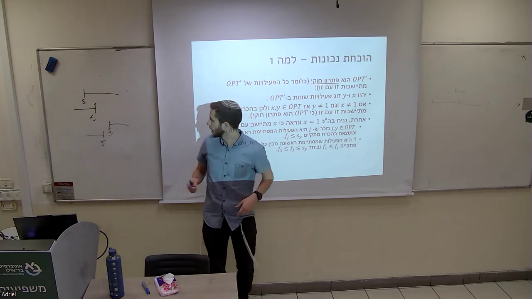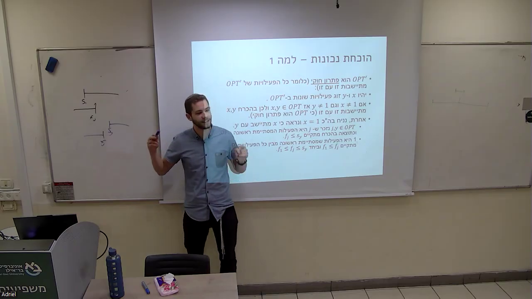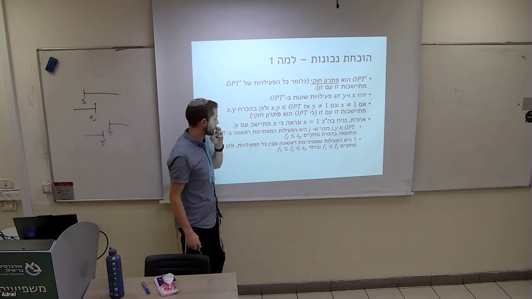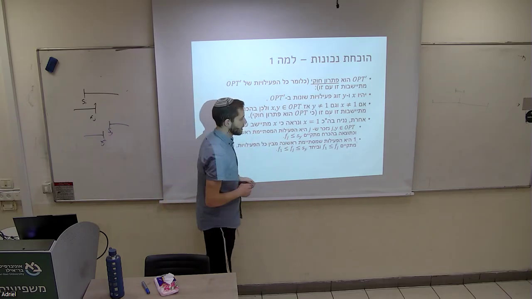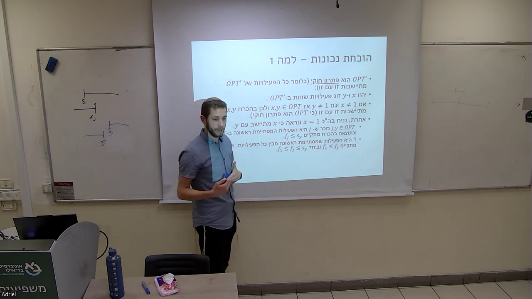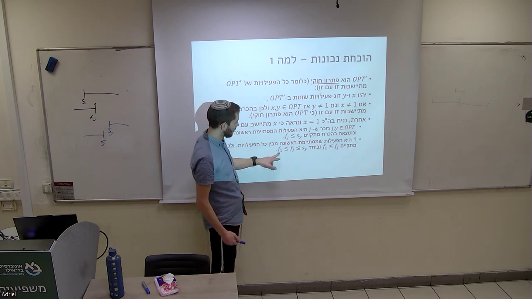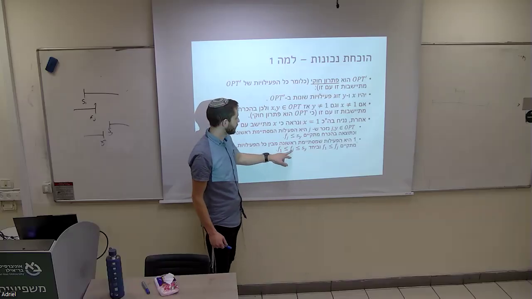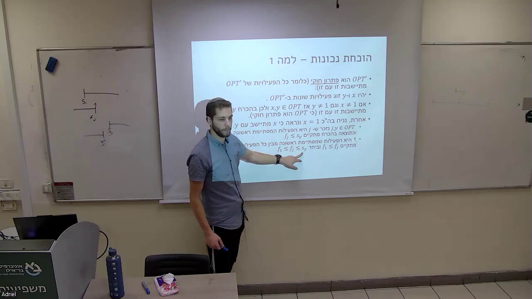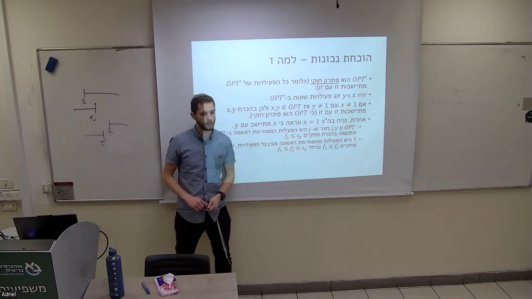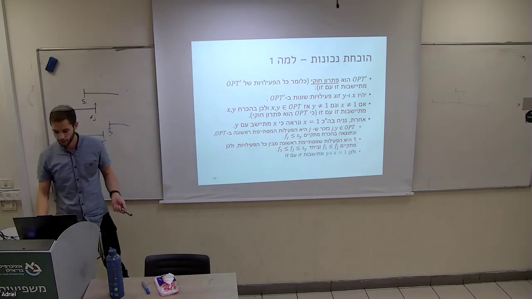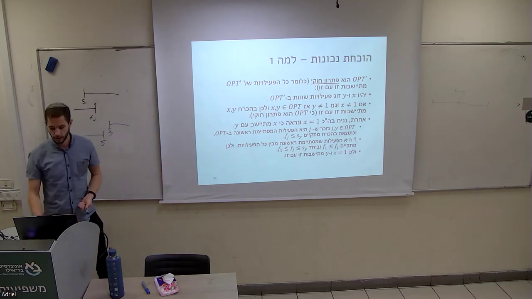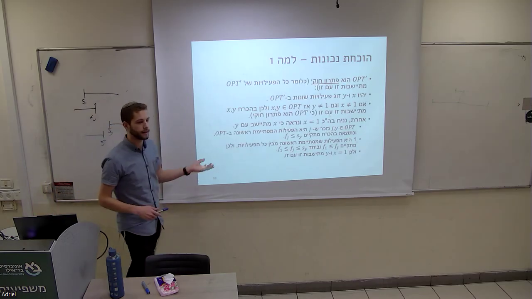S of y is the start, f is the finish. So the finishing of j is smaller or equal to the start of y. And now let's note that 1 is the earliest ending activity. So we know that f of 1, the finishing time of 1, is earlier than f of j. And we know f of j is smaller or equal to s of y. So therefore f of 1 is smaller or equal to s of y, and therefore they don't overlap. They sit very nicely with each other. And we are done with proving that it is valid.